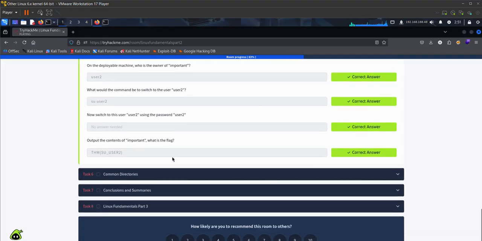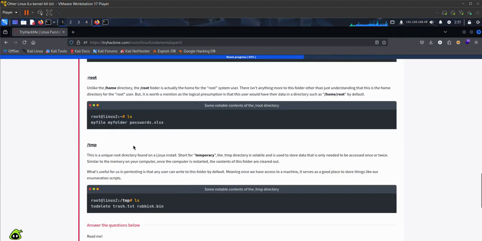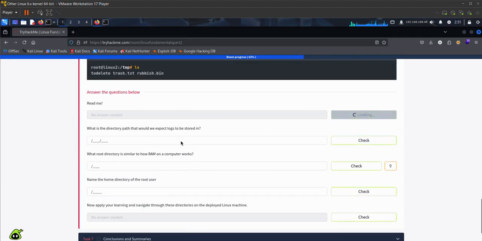Okay. Common directories. Readme. Check. What is the directory path that we would expect logs to be stored in? The /var/log directory is used to store the logs.